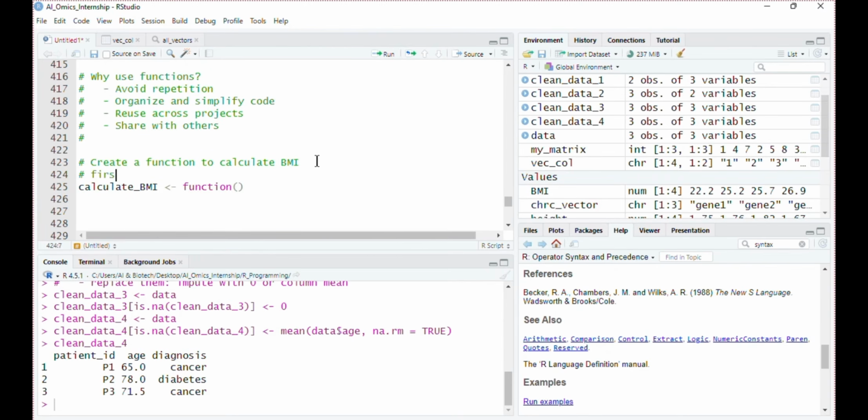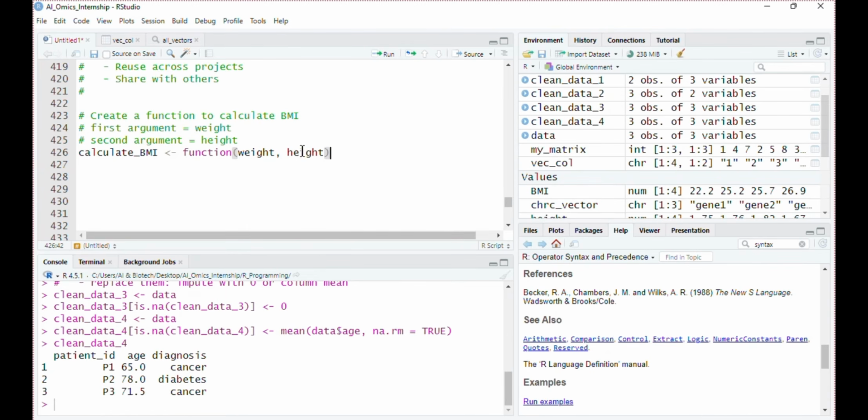Inside this function, we have two arguments. We will mention weight and height within these parentheses, and notice that these are dummy arguments or inputs. These are not the actual values, these are just the names.